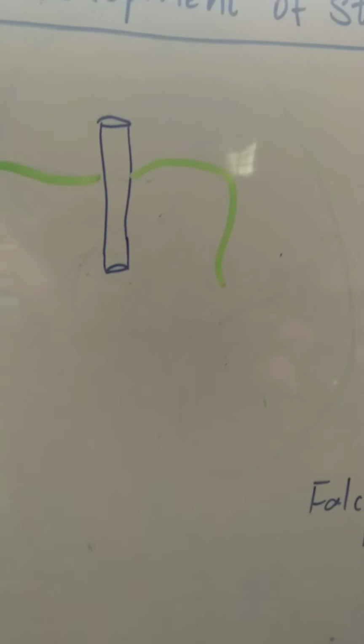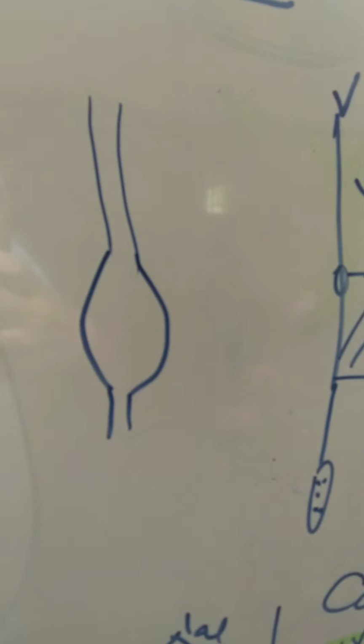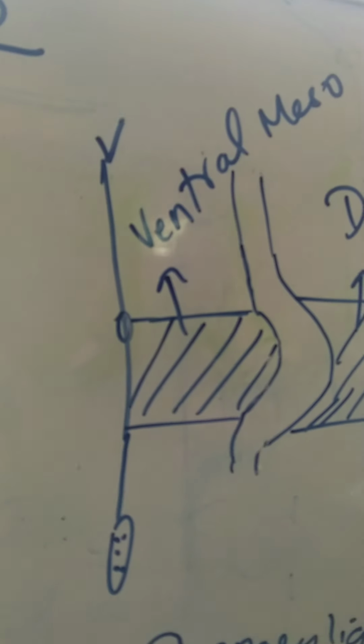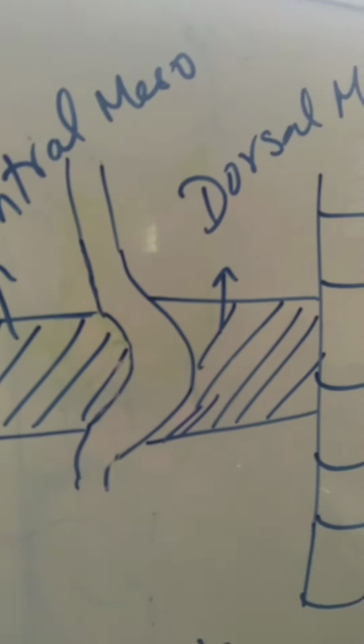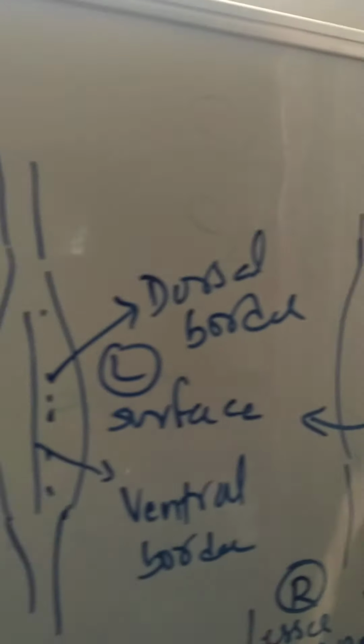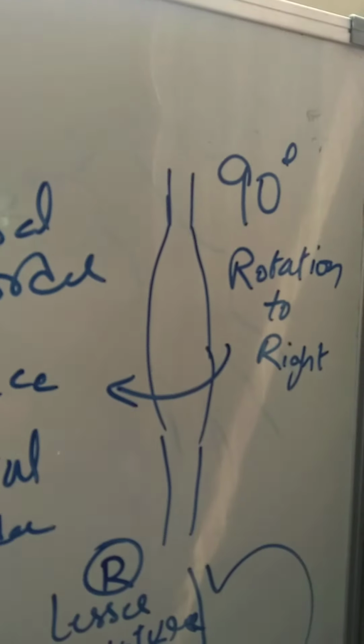This is the summary of stomach. All that you have to write is: the stomach develops from the lower end of the foregut by a fusiform dilatation called the gastric bubble, or you can just say fusiform dilatation. The ventral border is connected to the anterior abdominal wall, the dorsal border to the posterior abdominal wall. The ventral border doesn't grow that much, the dorsal border grows. Ultimately, there is a rotation of the stomach. There are two surfaces, right and left. Rotation of the stomach is 90 degrees to the right.